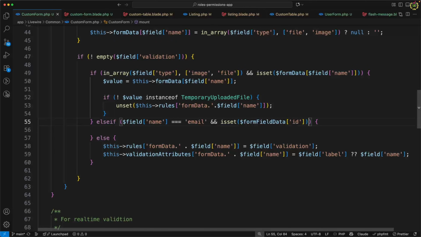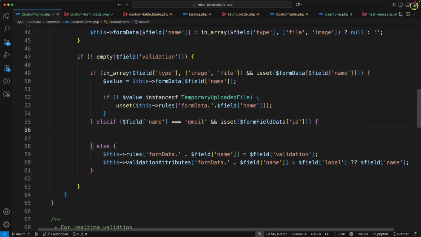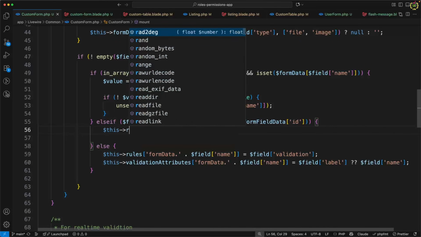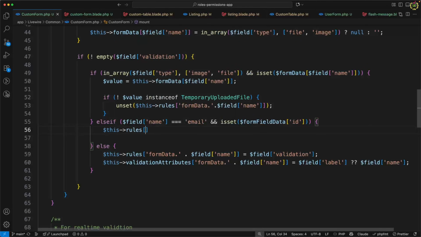That means if it is opened in the edit mode, then I will update the rule for this email. So I will write $this rules, in which we have to pass form data dot email key, and the rule will be like required email